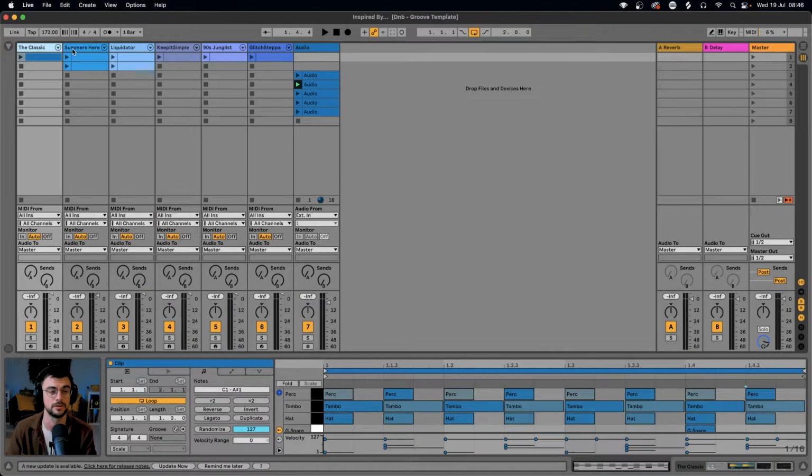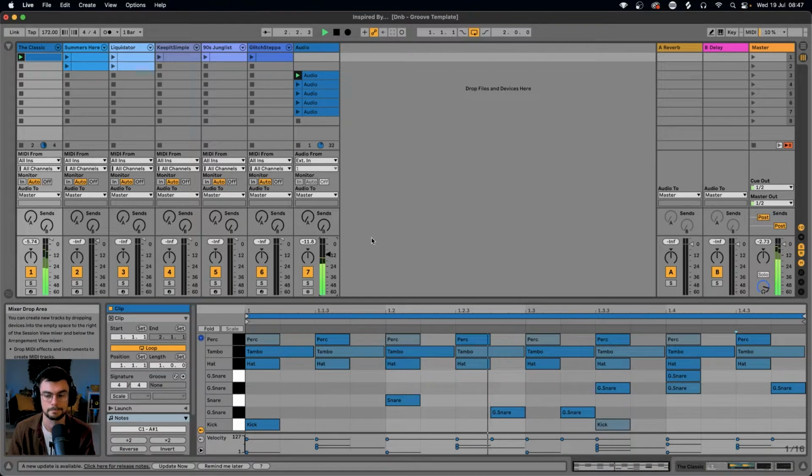All right, so here I've got a plethora of different grooves for you. If we wanted to go with something that was similar to the Think groove, I would go with the classic. Check it out. So the Think groove is pretty similar, and one of the things that I really wanted to pay attention to